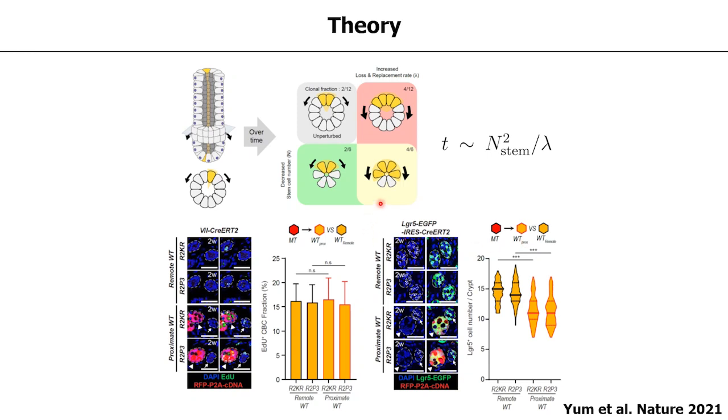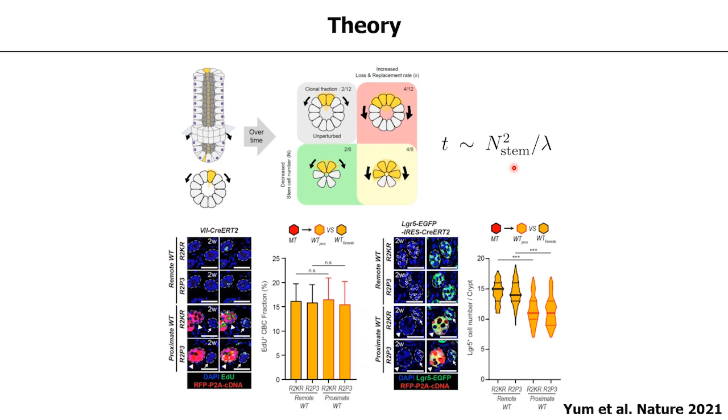And based on his theory, what we could learn is that the time that it takes for the clonal competition correlates to the number of stem cells and also the speed of the stem cell competition. So we can basically check the speed of the competition by looking at the cell proliferation, and we can also count the number of stem cells to see which of the two factors is mainly affecting in the context of